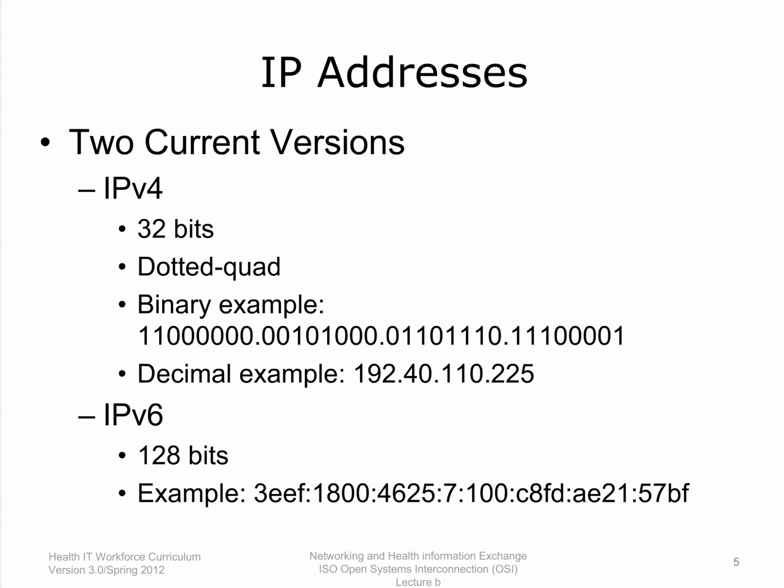Slide 5. There are two current versions of IP addresses, version 4 and version 6. IPv4 is the most popular version in use, but IPv6 is starting to be implemented. IPv4 addresses use 32 bits, and IPv6 uses 128 bits. Remember that computers use binary numbers, just zeros and ones. Version 4 addresses are referred to as dotted quad addresses because the 32 bits are broken down into four 8-bit groups called octets, separated by a dot. An example of an IP address using only zeros and ones would be